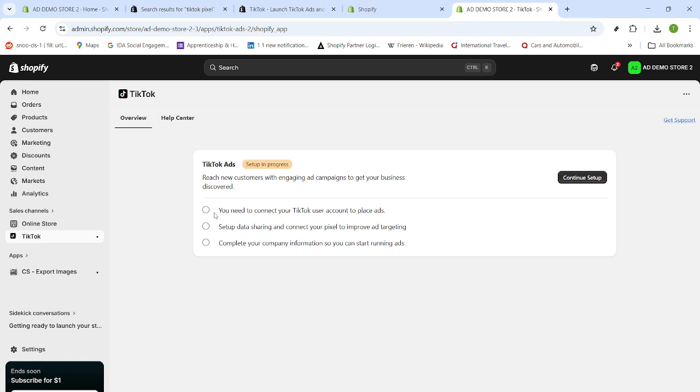You can return to the Apps section anytime, open TikTok, and manage your Pixel, data sharing, and ad settings from one place. That's it. Your TikTok Pixel is installed and ready to track product views, add to carts, and purchases so your campaigns